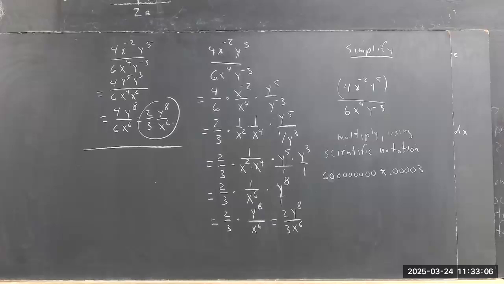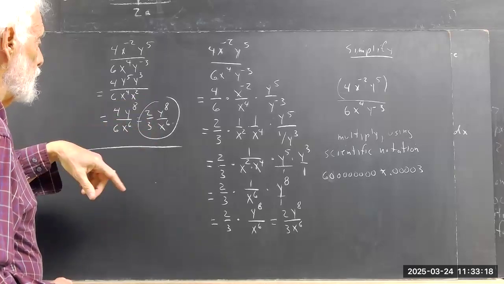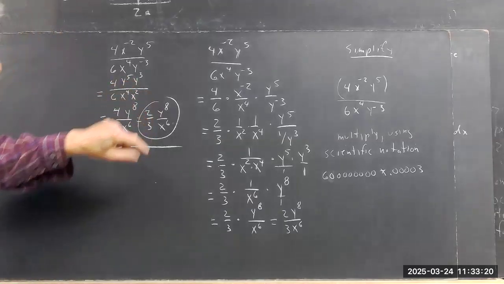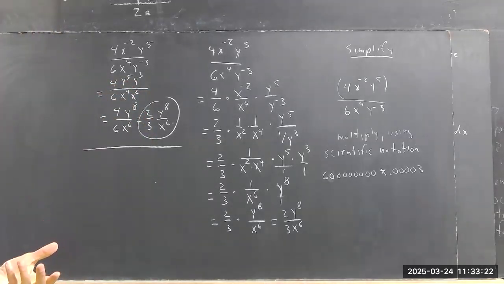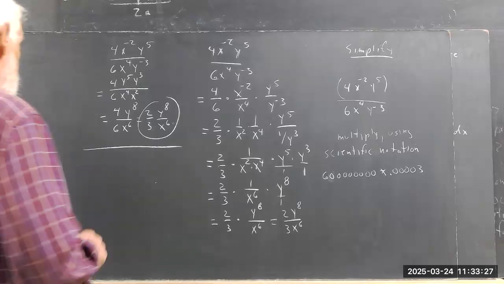Okay. So that's it, but there's one more thing we can do with this. This is one way of writing it, and this way is writing it without any negative exponents. Now the other way of writing it